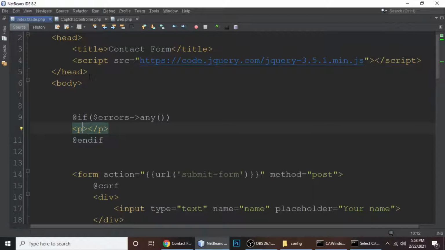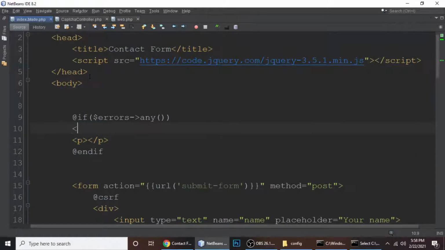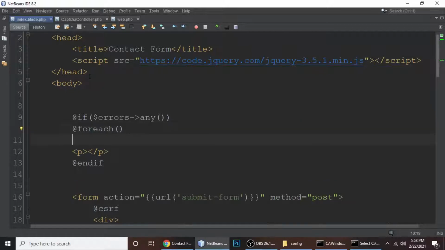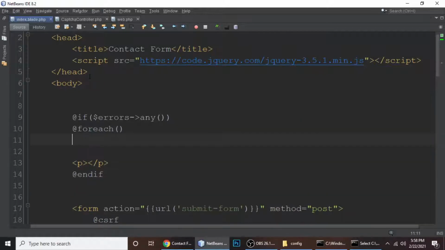Okay, and inside we have to make it a foreach loop, foreach, and foreach should be closed, @endforeach. Yeah, something like that, and then dollar errors,